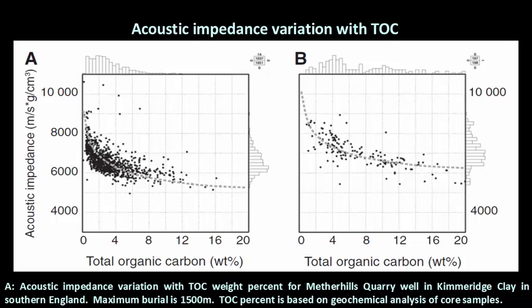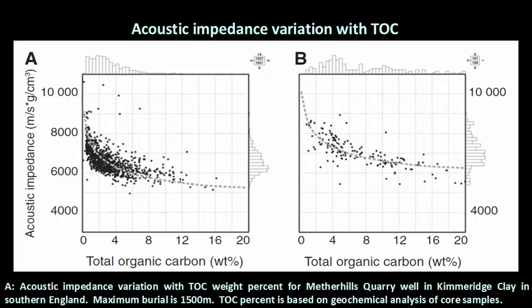That is based on the core samples and the rock cutting samples. They have determined the acoustic impedance. This is measured, and this is the organic content determined from the geochemical analysis. This particular plot is for the Kimmeridge Shale in southern England, at the depth of 1,500 meters. And this one is from the Heckingen Formation, the Barents Sea. And again, you notice total organic content, as a function of this, acoustic impedance shows a nonlinear relationship.